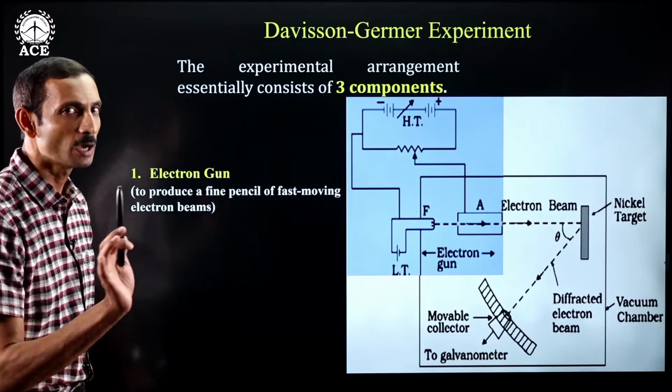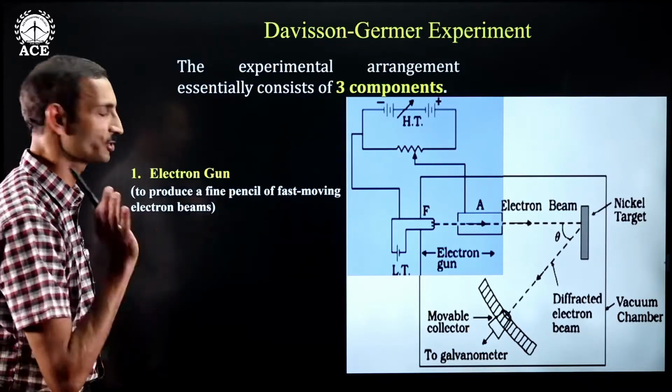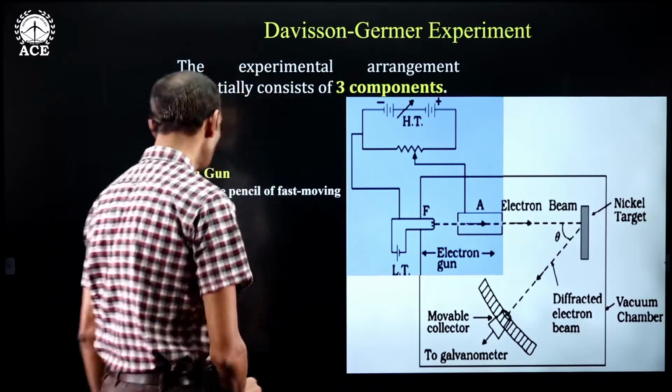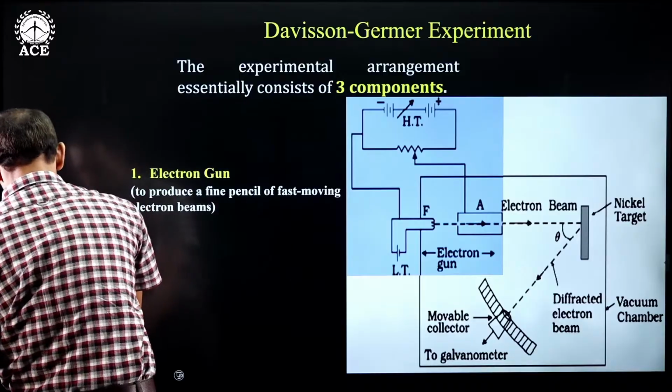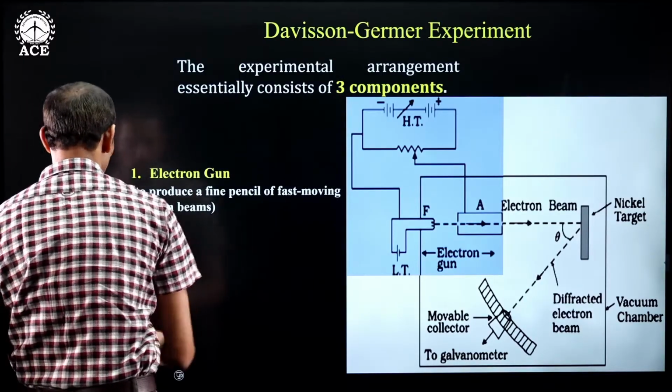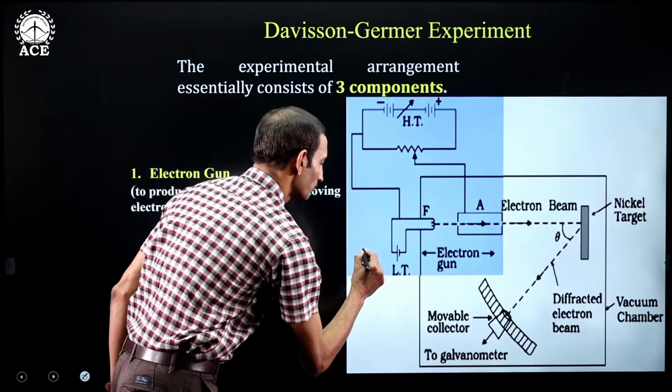What is an electron gun? How does it produce fast moving electron beams? Let us check. Now I'm going to start with this low tension battery. The low tension battery would be a battery whose potential would be from possibly 2 to